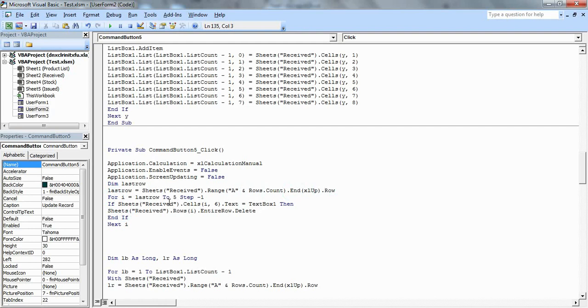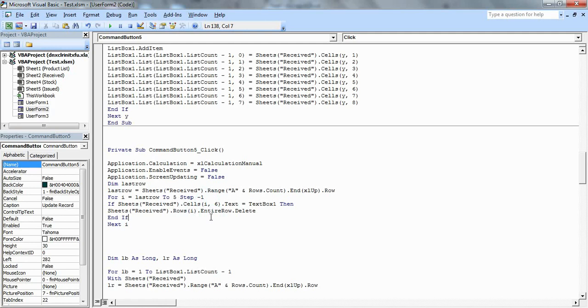The last row, you know, is wherever our data ends. So from last row to 5, from down to up, wherever our data starts and ends, and Step -1.